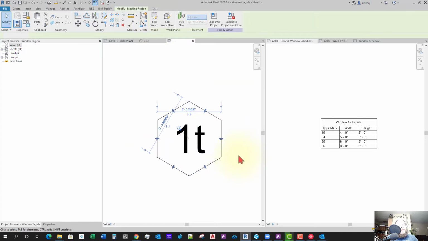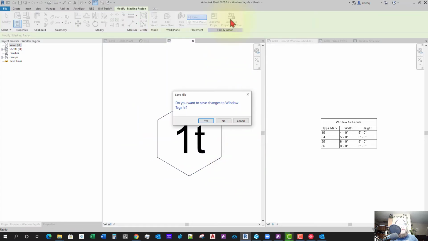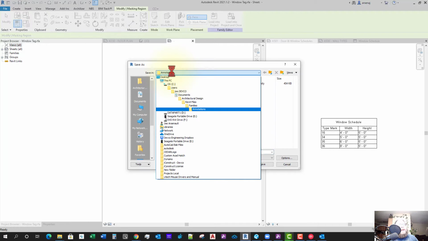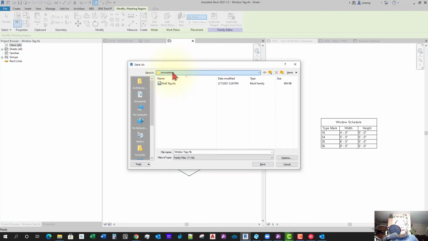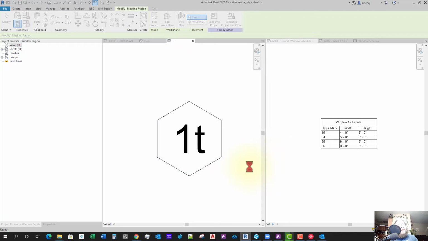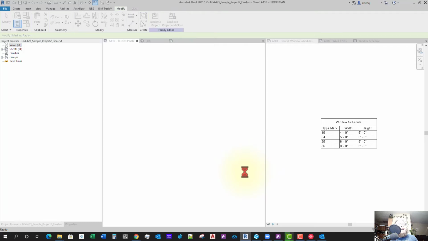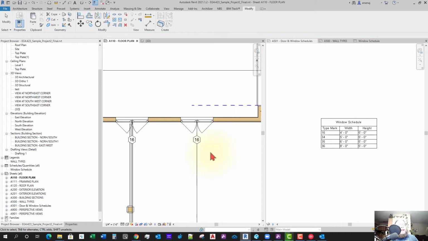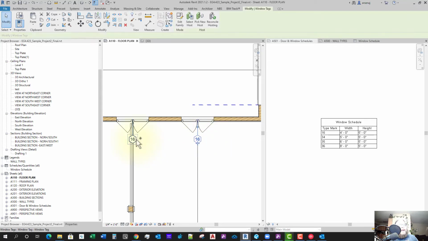You can see nothing happened. I'm going to load and close. And I do want to save the changes to this wall tag or window tag. I'm going to save it in the same spot that I saved my other wall tag. And yes, I want to overwrite. And then now our tags are